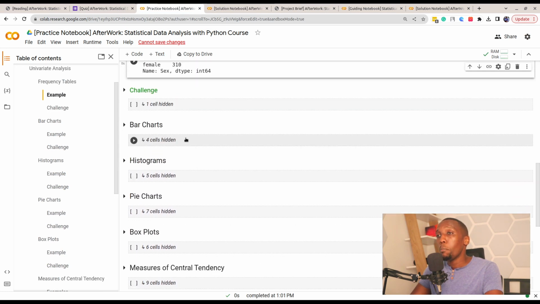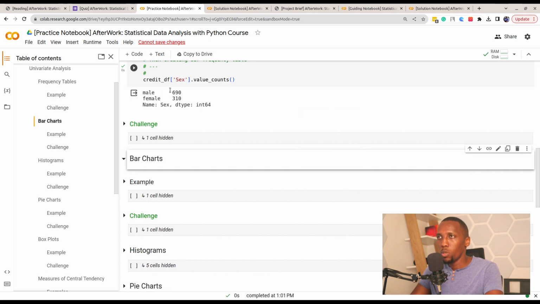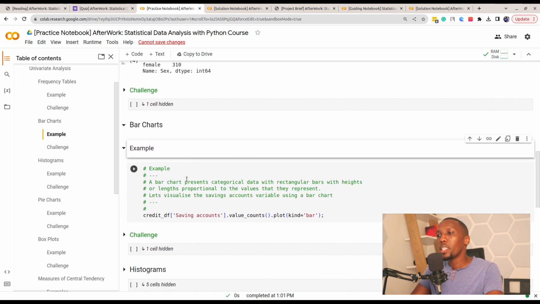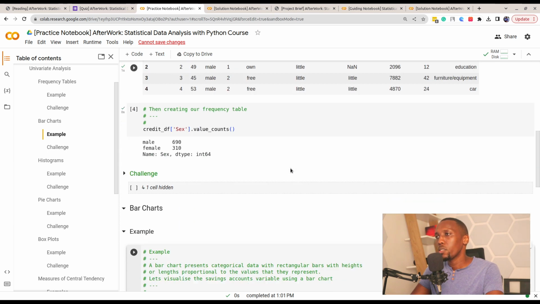All right, moving on. Bar charts. Bar charts are visualizations that we can use to display, again, a frequency distribution table visually. So assuming that we have decided to now create a different frequency distribution table for savings accounts,